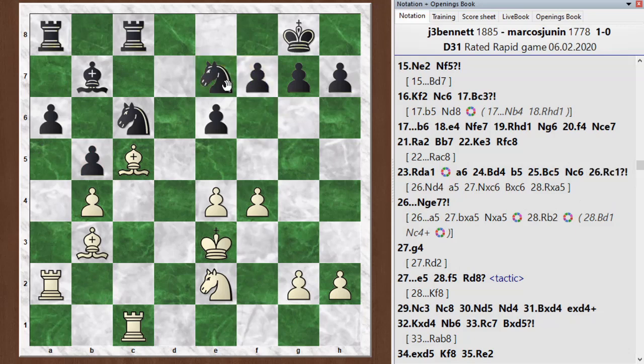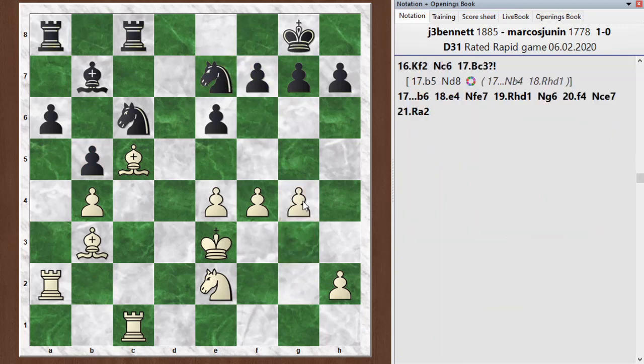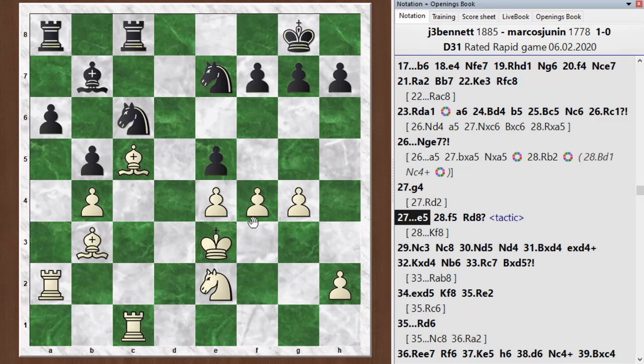So he missed that. He played knight e7, which is otherwise a reasonable move, and I push ahead on the king side with g4. The engine likes rook d2 here, so it really wants me to activate my rooks on the d file. And I have to agree, that's also a good move. Let's see, he went e5, and I went f5. So e5 seems to have been a bit of a mistake again, and after this I have a pretty big advantage. And in fact, his next move, rook d8,